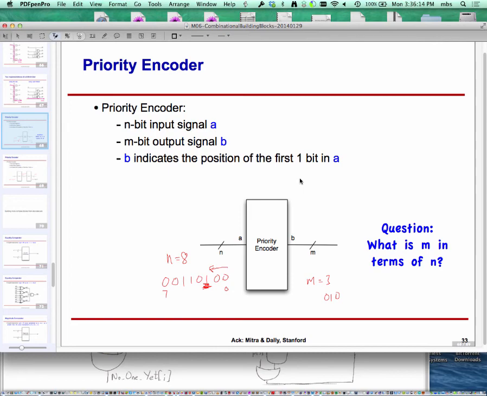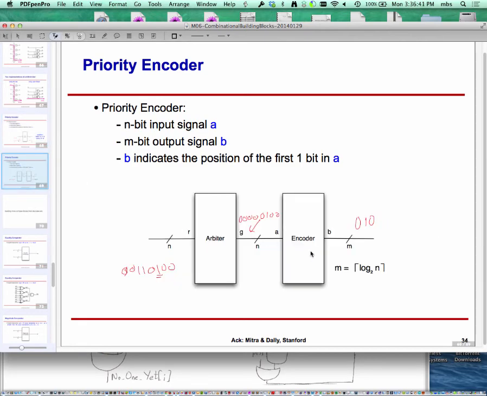So really the difference between priority encoder and arbiter is, in arbiter the output is an n-bit output where n is the number of requesters. In this case, I have log 2n bits, which is indicating the bit position or ID of who's getting in. Which is why you see that a priority encoder is implemented as an arbiter followed by an encoder. That's literally what it's doing. Arbiter is producing a one-hot coded representation of the winner, and I'm then encoding it